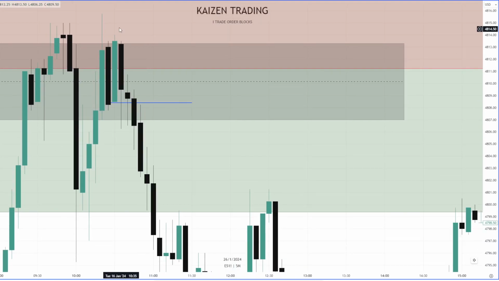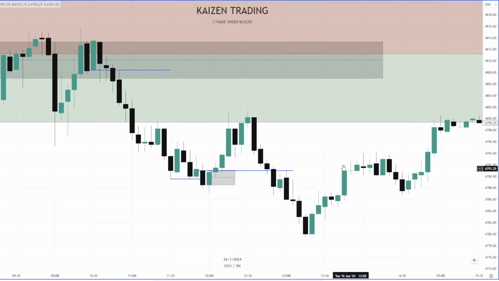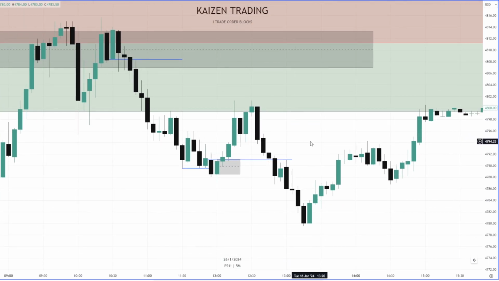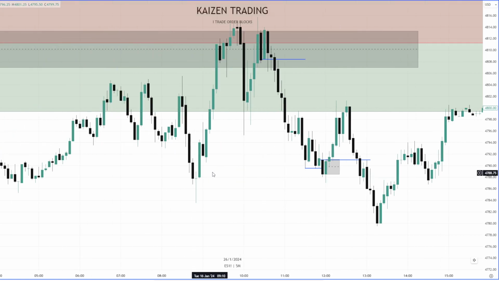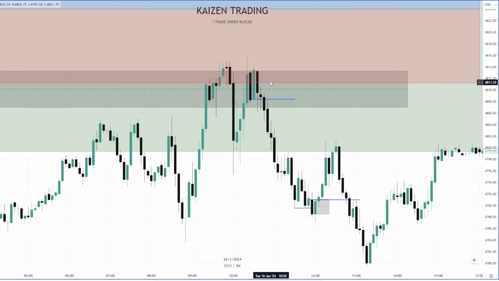I'm not expecting this to be hunted because our overall higher time frame order flow is currently bearish on a daily retracement. So I'm just hunting the closest. It could be this, and it could have rejected this. So you could just take off a big position here and leave a runner to right here. But really, this was the play of the day, back into that kind of area